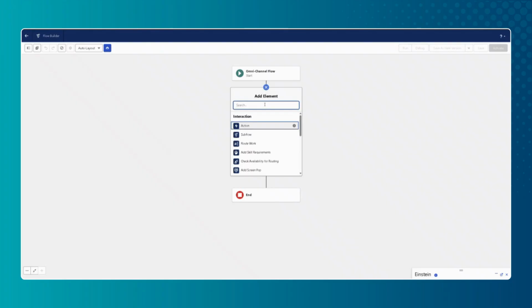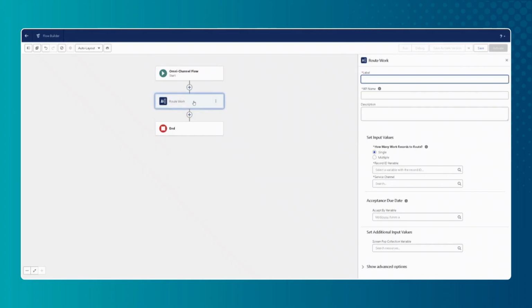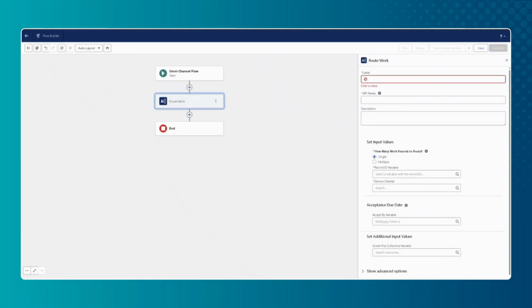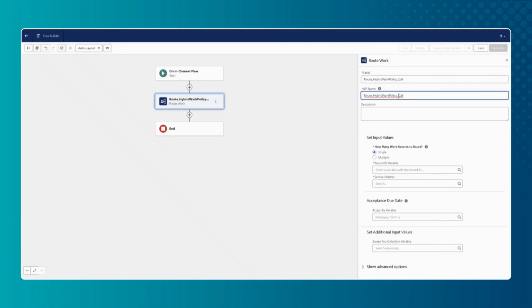And in here, what we're looking for is whenever the flow gets triggered on a phone call, we want that phone call to be routed to the agent. So we'll go ahead and configure what route we want to utilize. We just gave a name and created, and it automatically enabled the API name for it, which is used internally